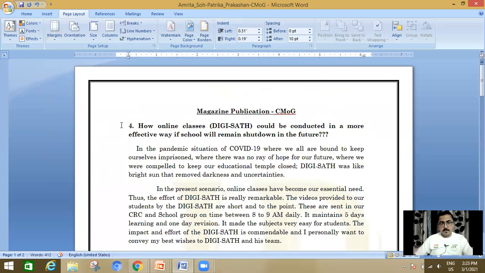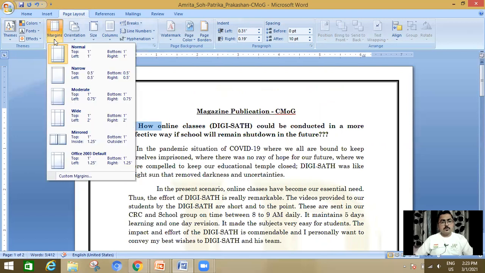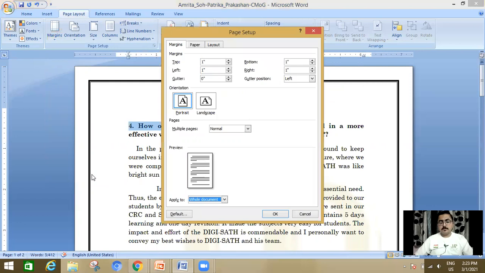The difference between the edge and the statement is now wide. Okay. Other than this, you can also manage custom margins. Click on the margin button. Again, the paper setup will appear.